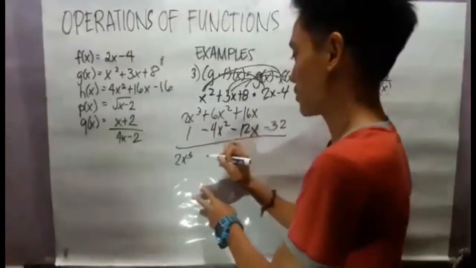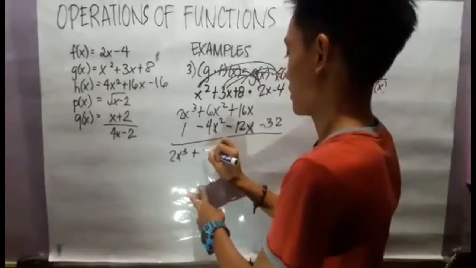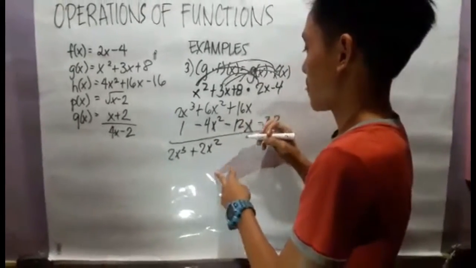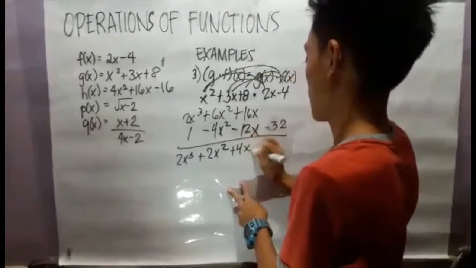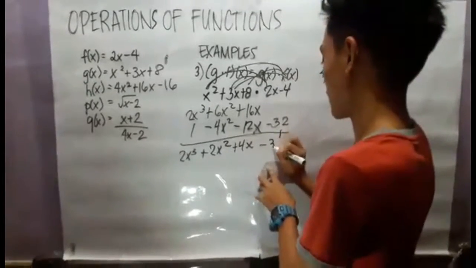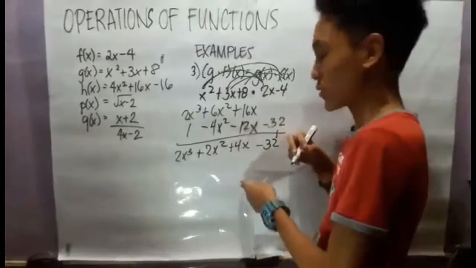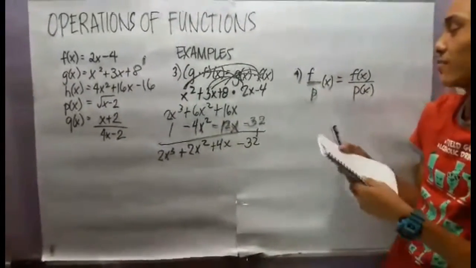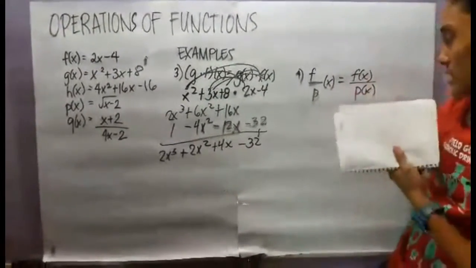So, 2x cubed. Tapos, 6x squared minus 4x squared is 2x squared. Tapos, 16x minus 12x is 4x. And we're just simply bring it down. So, negative 32. So, our answer is 2x cubed plus 2x squared plus 4x minus 32. Let's move on to number 4, which is f of x divided by p of x. So, f of x is